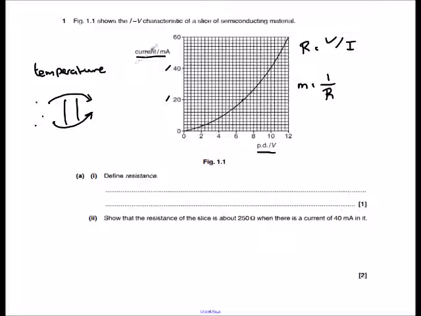If the current's increasing, the resistance must decrease. That's just by definition. If resistance is opposition to the flow of charge, and there's more charge flowing, so more current, the resistance must go down. But what we've got to explain in our answer is why the temperature is increasing, and